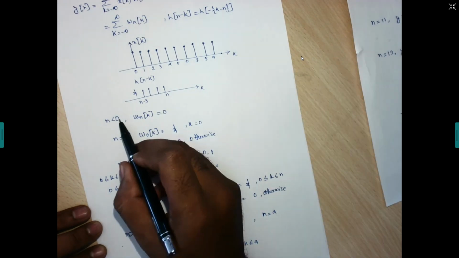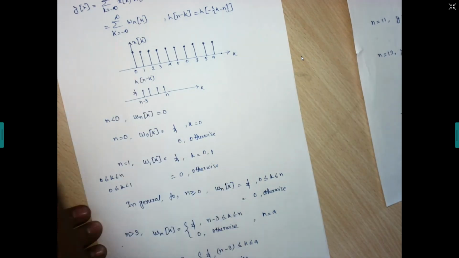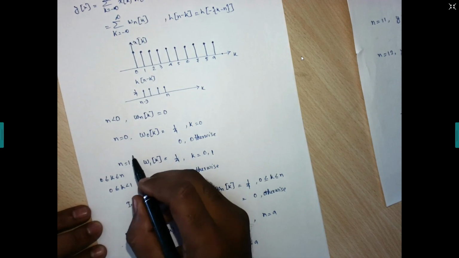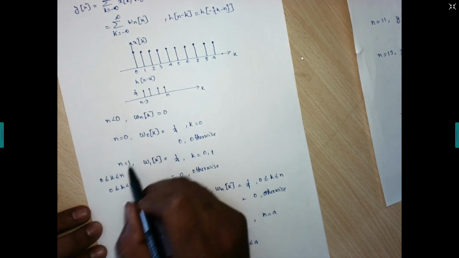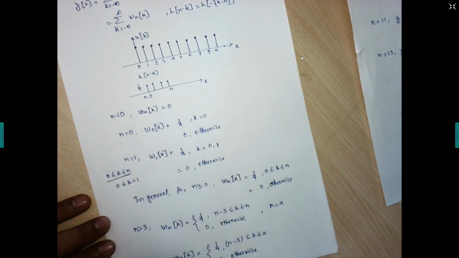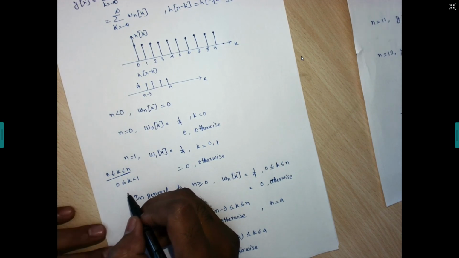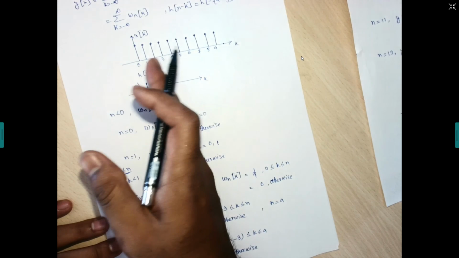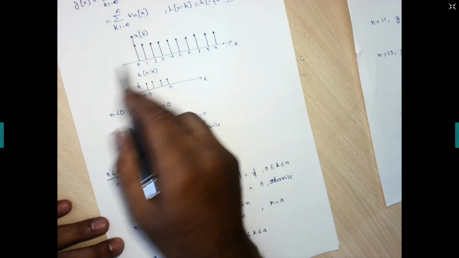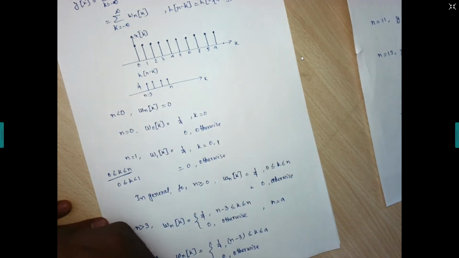So starting from n less than 0, in the left-hand side, if we consider n less than 0, it means k is also less than 0, because the range of k is from 0 to 9. Okay, the range of k is from 0 to 9. So if we look at the left-hand side, all of them are 0, so we can simply write 0. Now at n equals 0,